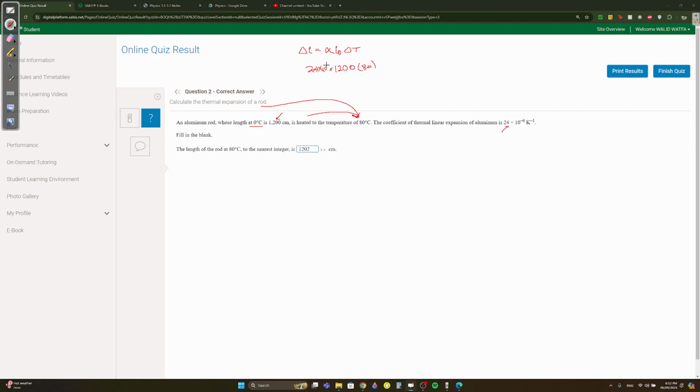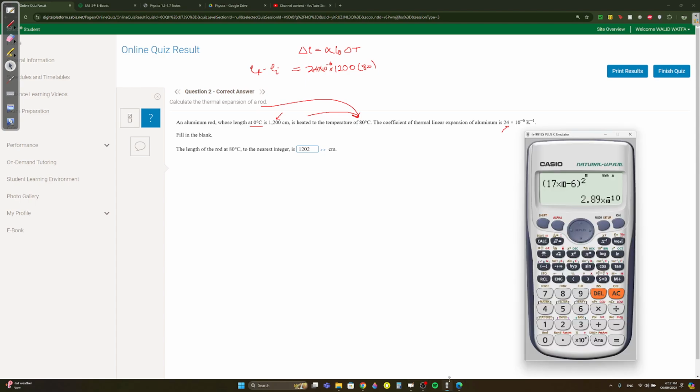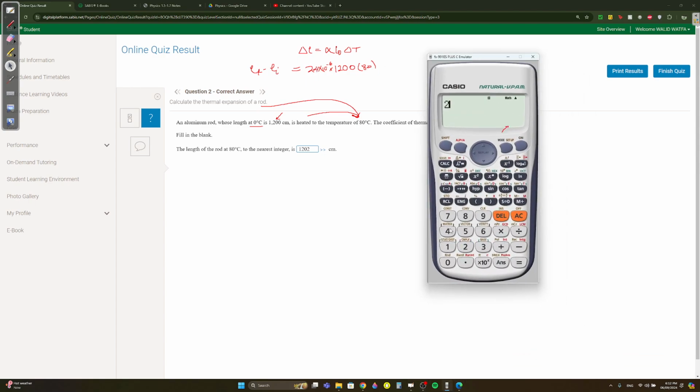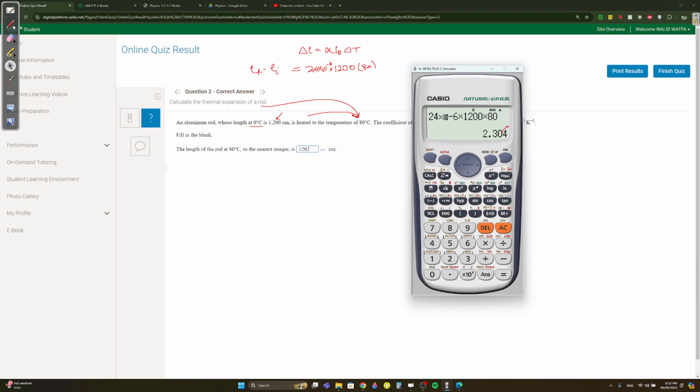24 times 10 to the negative 6. And then we want to find the final length. So let's equate it to delta L, which we know, sorry, not delta L. Delta L is L final minus L initial. That's what delta means, final minus initial. Okay, let's solve this. 24 times 10 to the negative 6 times 1200 times 80. You're gonna get 2.304. So you're gonna get L final minus L initial equals